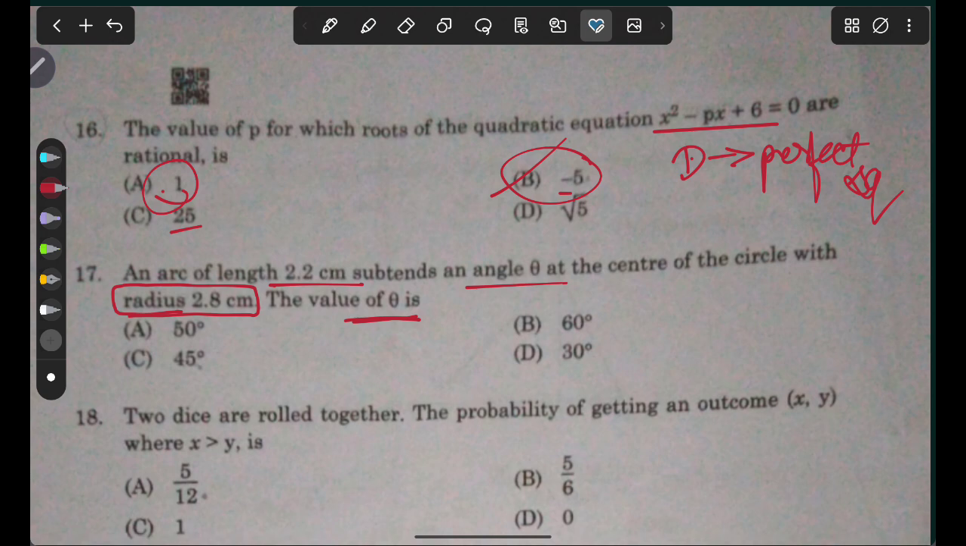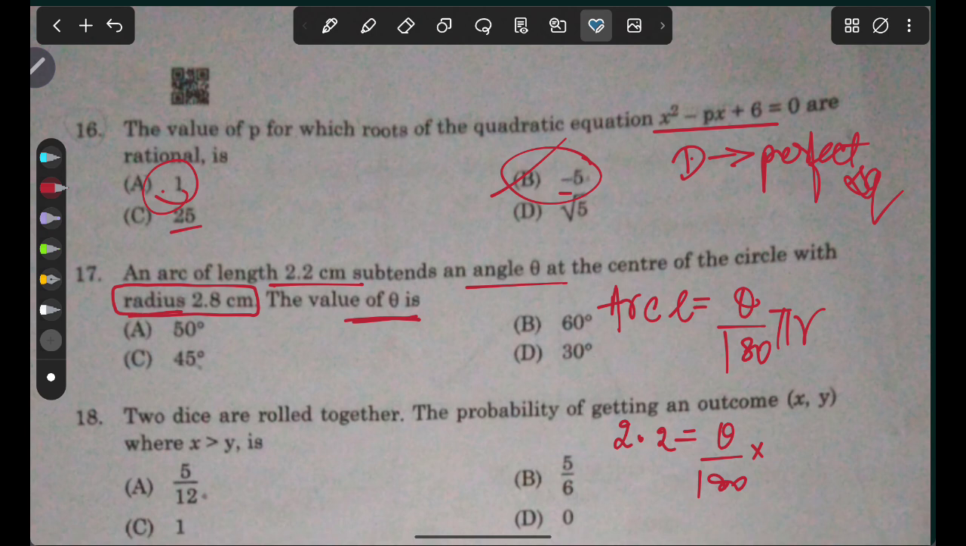So the arc length is given, the radius is given, and we need to find the angle theta. So what is the formula for arc length? Arc length L is going to be theta upon 180 times pi r. So simply we apply: L is 2.2, theta we need to find, 180, pi is 22 by 7,